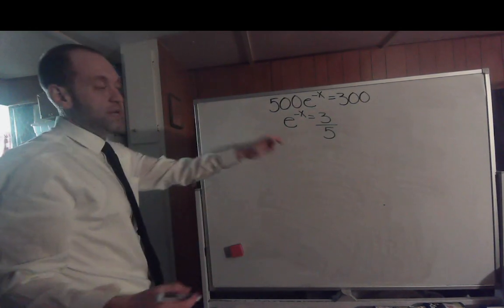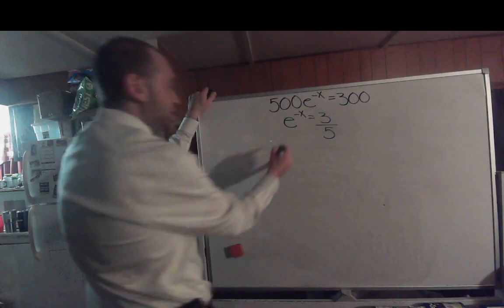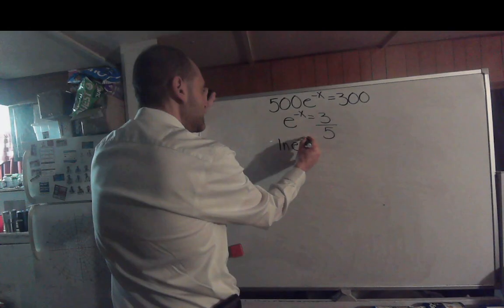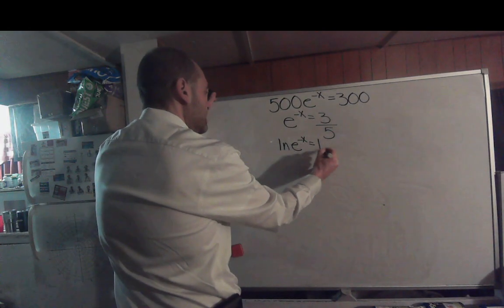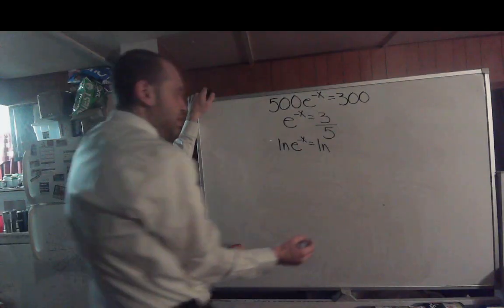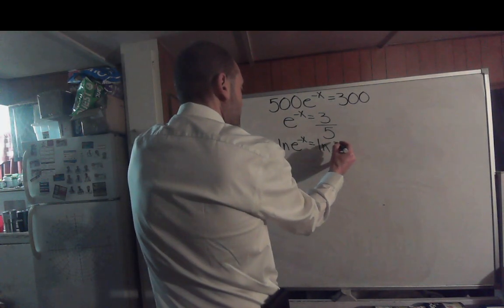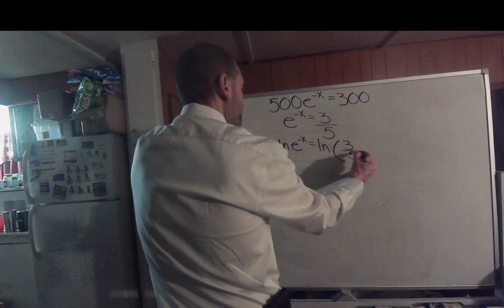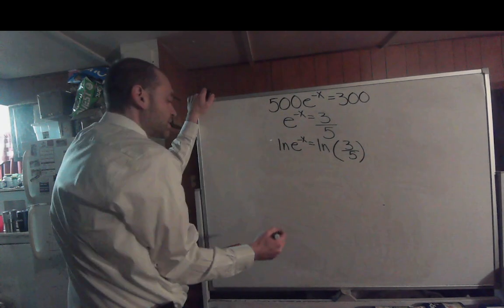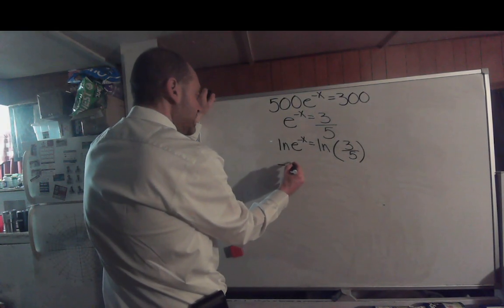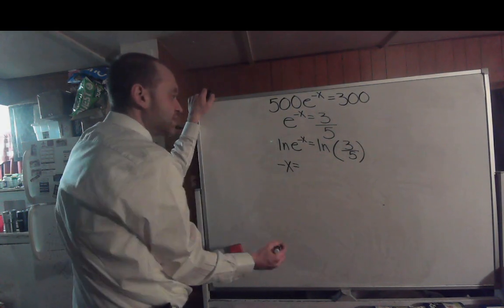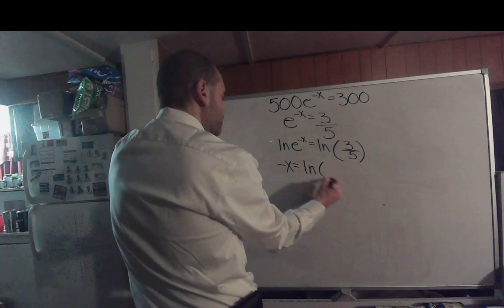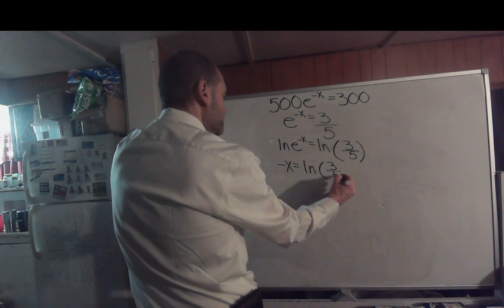So you have a base e to the negative x, so you take the natural log of both sides, so the natural log of e to the negative x equals the natural log of 3/5, which means you would get negative x equals the natural log of 3/5,